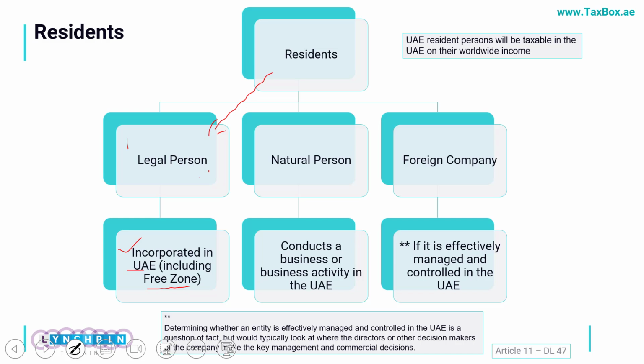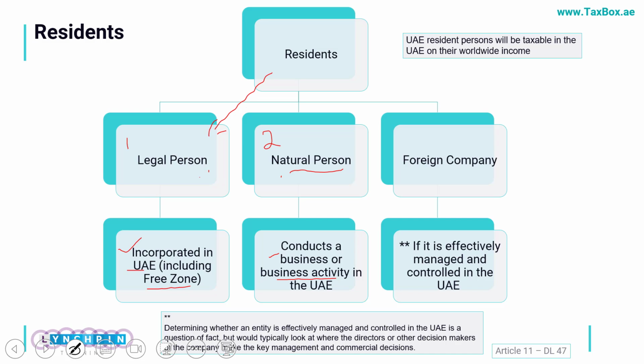Second one is an individual, a natural person who conducts a business. Which means that he has a trade license in UAE in his own name, or he is conducting a business activity in UAE. Now again, as I explained in my previous sections, it's not only the individuals who are having a license. If anybody conducts a business activity in UAE, which means he is habitually conducting some activities and earning income out of it, of course, employment income will not be considered in this. So the second category, which would be resident, is a natural person here.